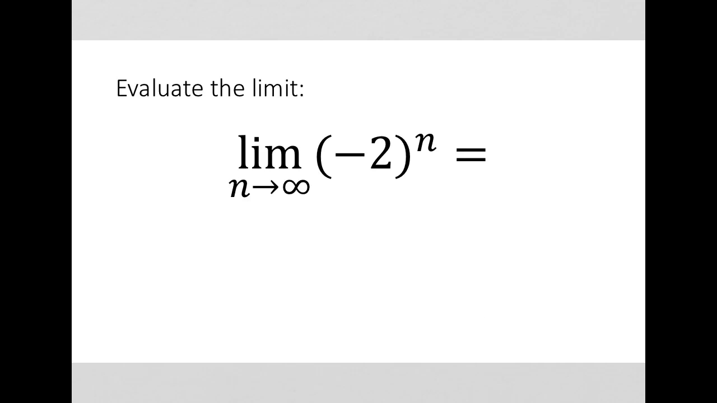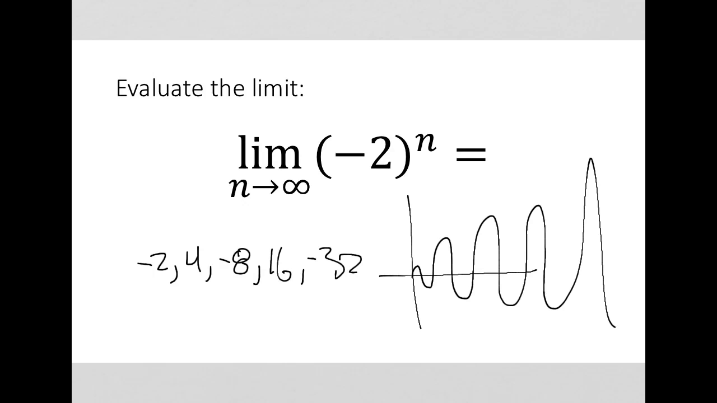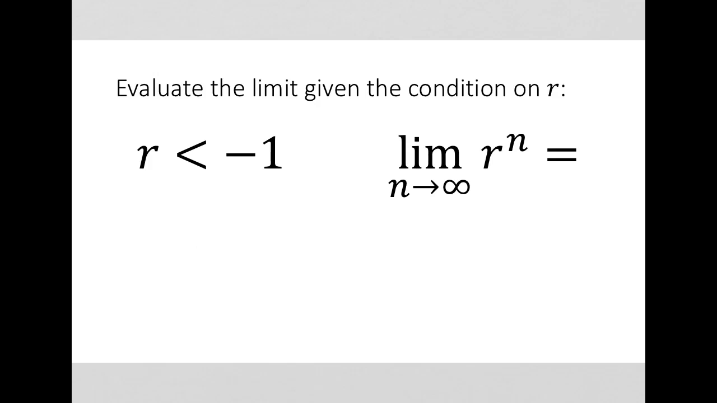All right, well, what about this? We talked about this briefly. The limit as n goes to infinity of negative 2 to the power of n. Again, think of this as a sequence. Our first term would be negative 2, our second term would be 4, and then we'd have negative 8, and then 16, and then negative 32. If you think about this as an actual function, it's going to oscillate between positive and negative forever. And so this limit does not exist,